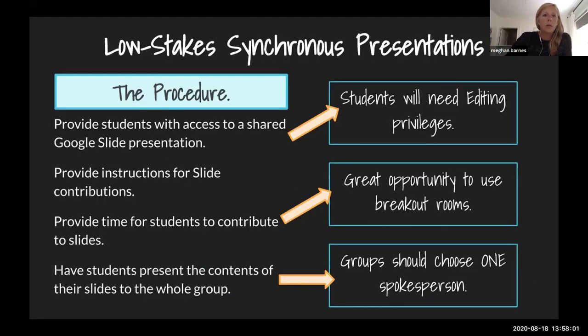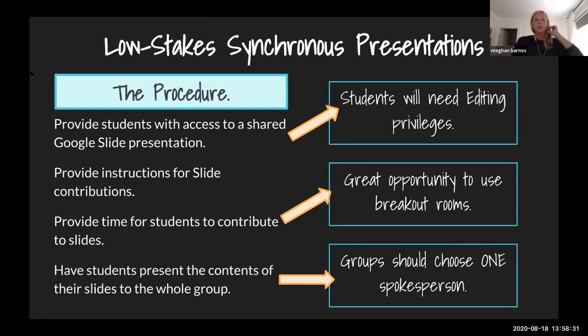So I'm going to talk about, before we get into those expectations, low stakes synchronous presentations, and then a more high stakes synchronous presentation, and going over just the procedures of what that looks like. So for the low stakes synchronous presentation, this is probably not the best term for it, but basically what I mean by that is this is not something that students have done a lot of preparation for ahead of time. This might be one of those, like, I just want students sharing information during class, so I'm not the one